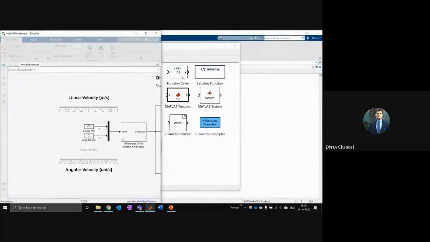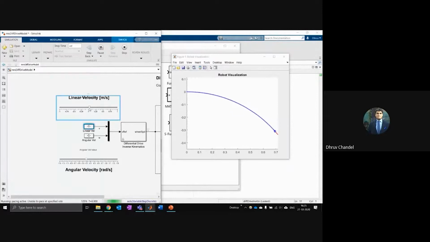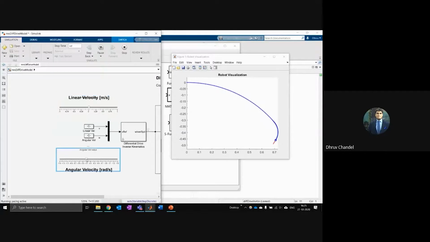So when I run the Simulink model, you can see this little robot is driving around. First, let me bring it to a stop. So I'll bring the linear velocity to 0. You'll see the robot almost stops, but it keeps on turning with some angular velocity. Maybe if I wanted to turn in a positive direction, I can change that value.